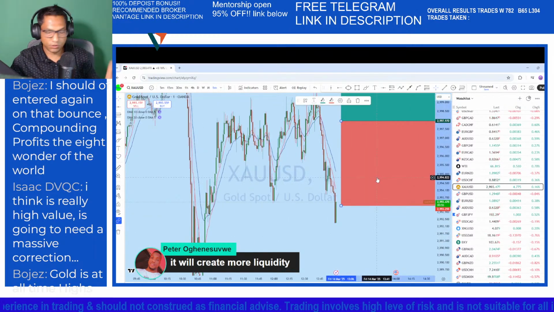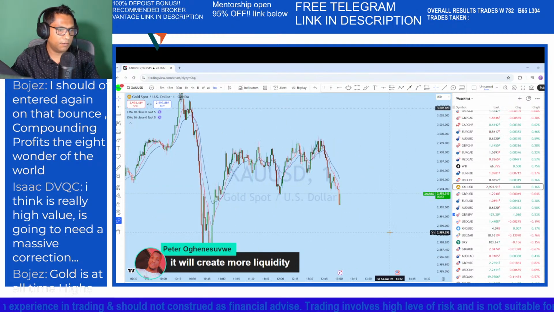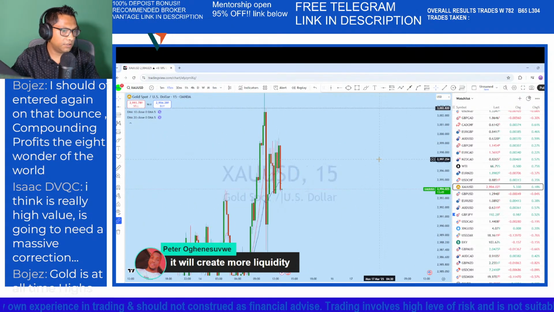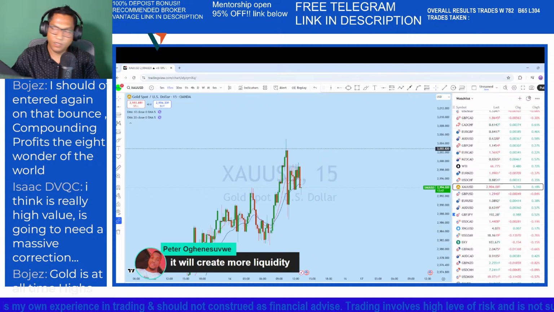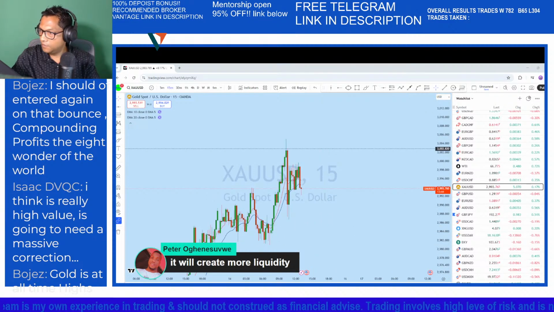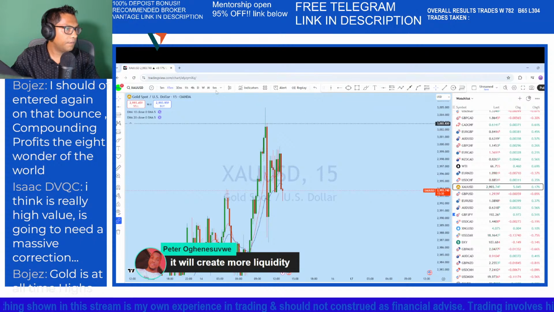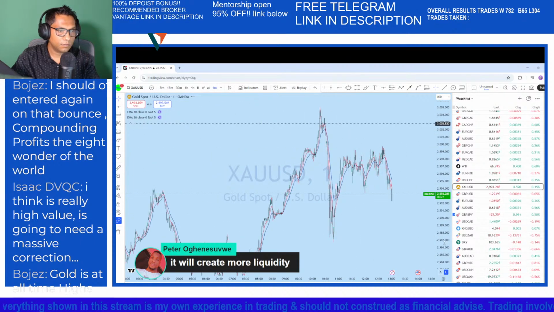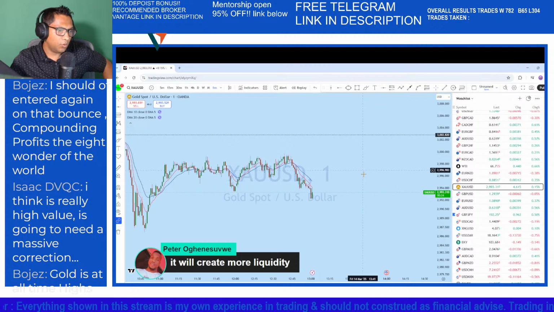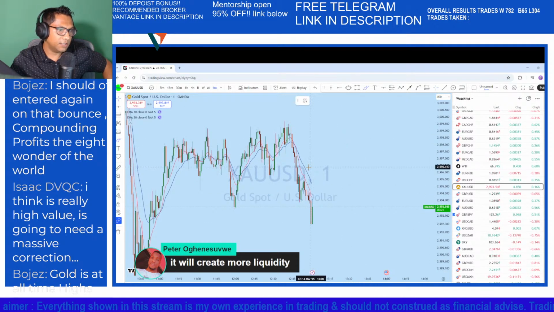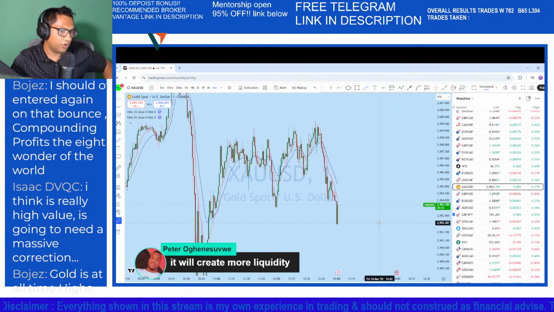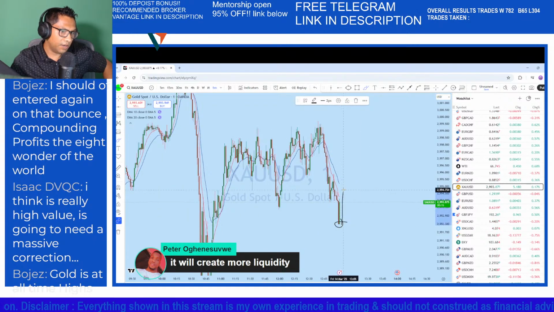Okay, so it just has dropped back to this level here, and just grabbed the liquidity. So with this liquidity grab, we can see that there is a series of lower highs in that area, and with this series of lower high formation, from here a bounce.